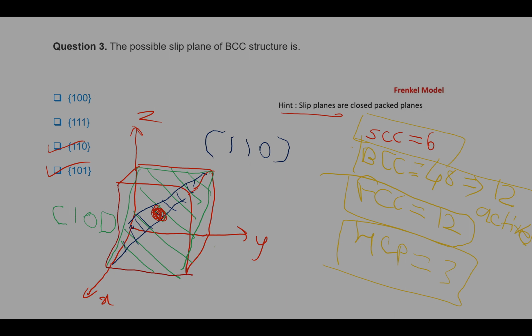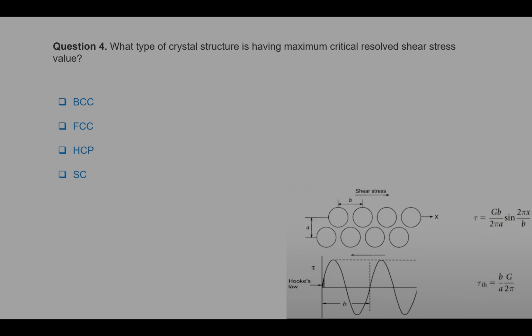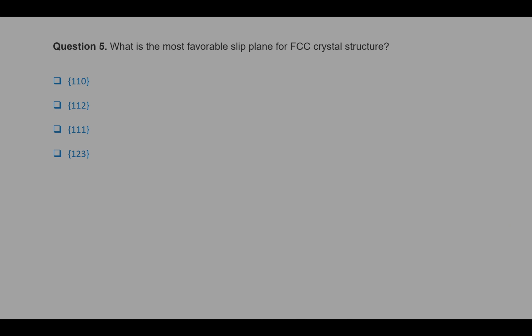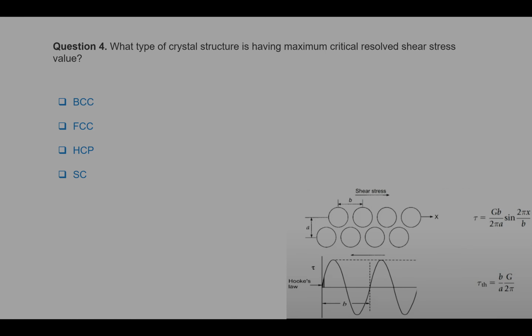So we'll move toward the next question. The next question is: what type of crystal structure has the maximum critical resolved shear stress value? For that, we have a formula to calculate the critical resolved shear stress value. The formula is sigma, the critical resolved shear stress, is equal to